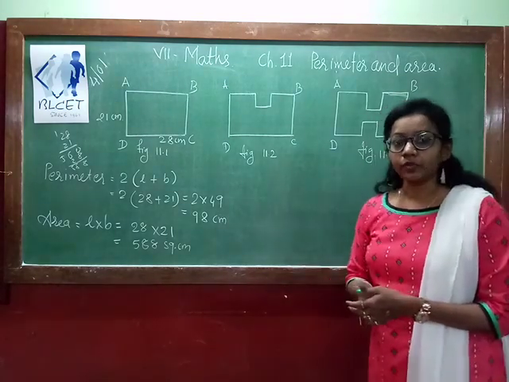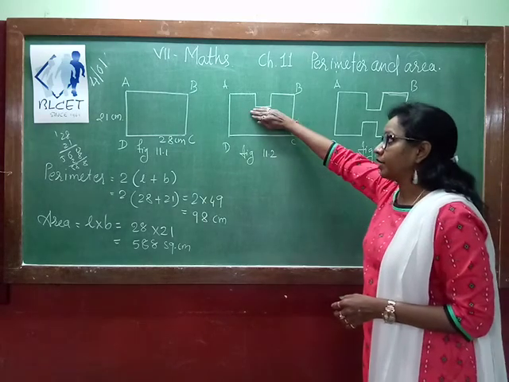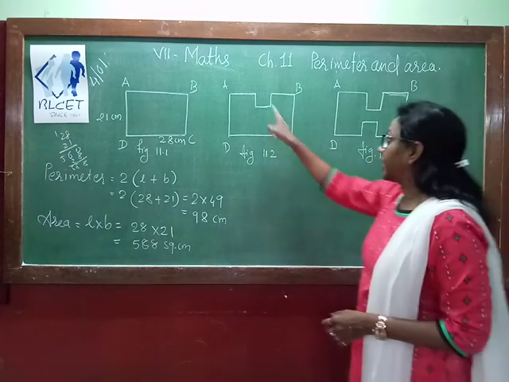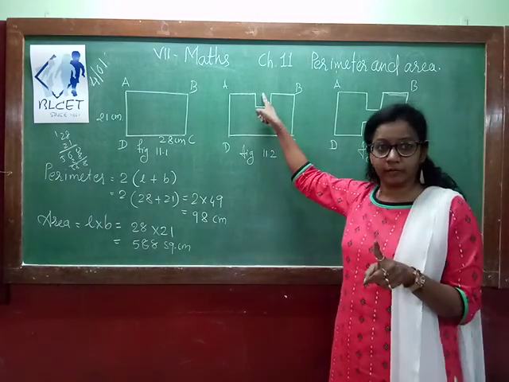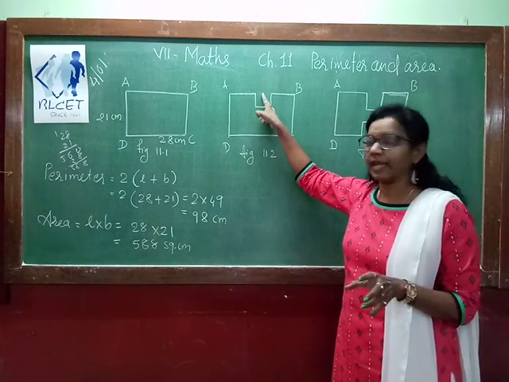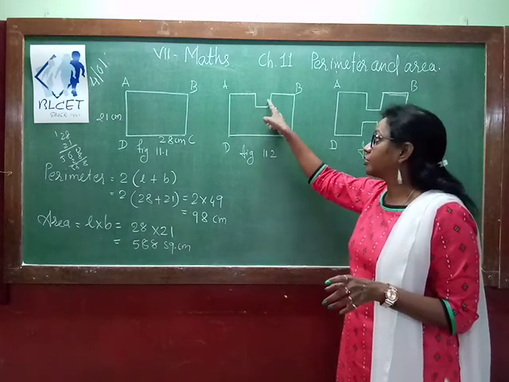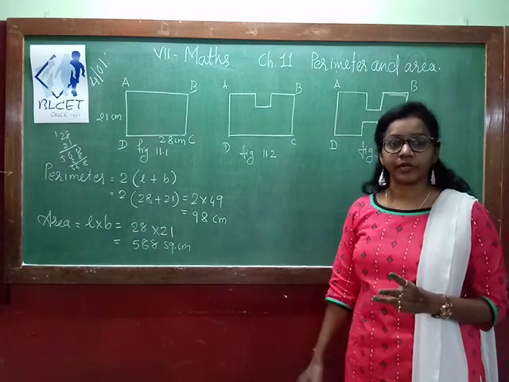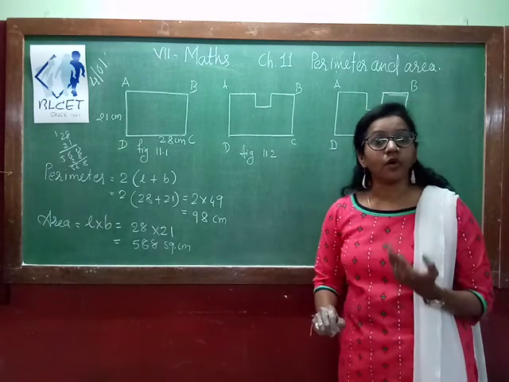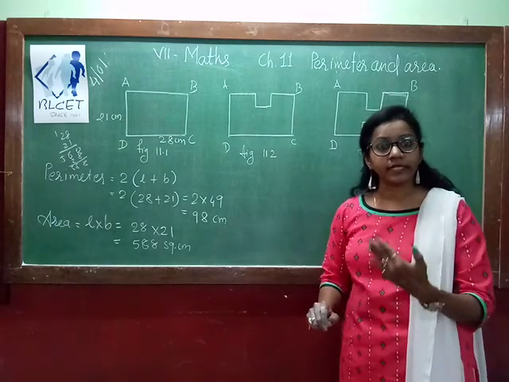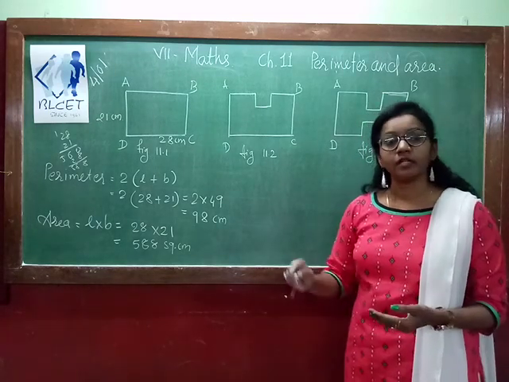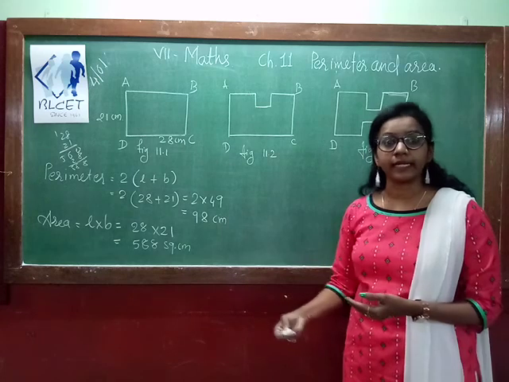So what we can do? This is a diagram. We know that if it is straight, then you have only one line segment that you consider in that particular perimeter. But when you cut this portion, now you have 3 line segments extra. 1, 2, 3. So obviously the measure of the side line segments will be increased. So perimeter is also increased.